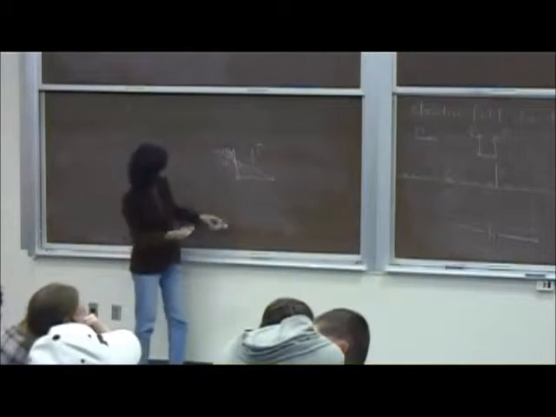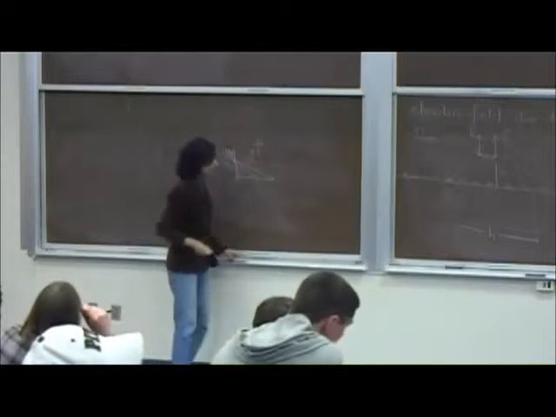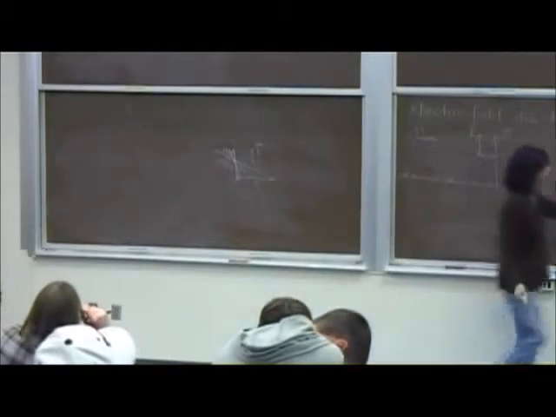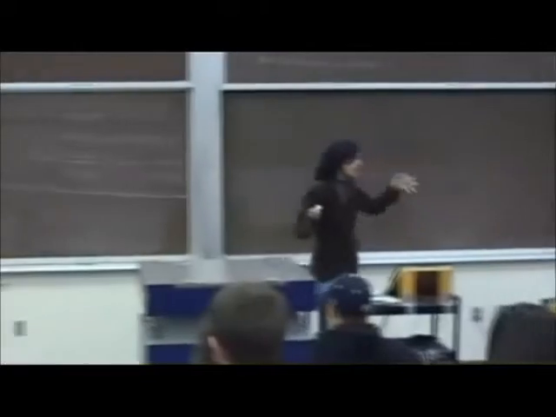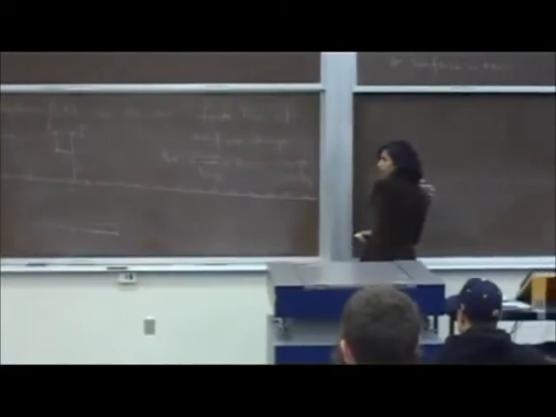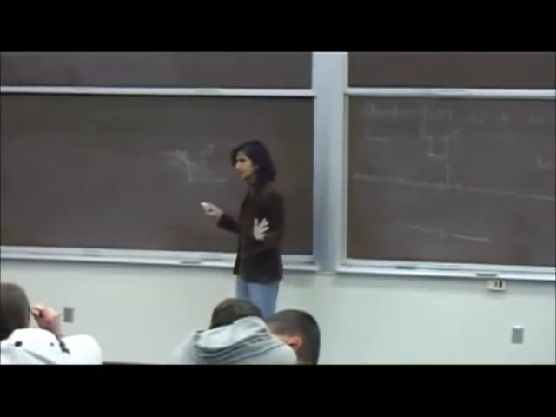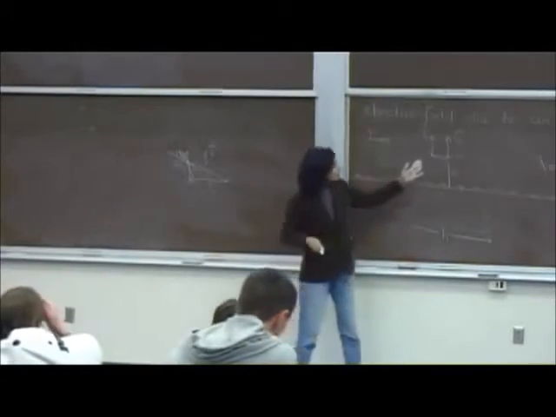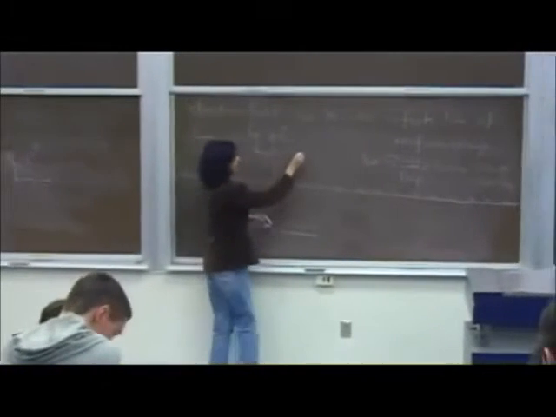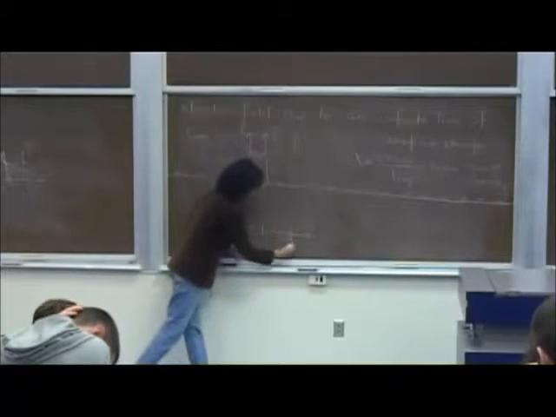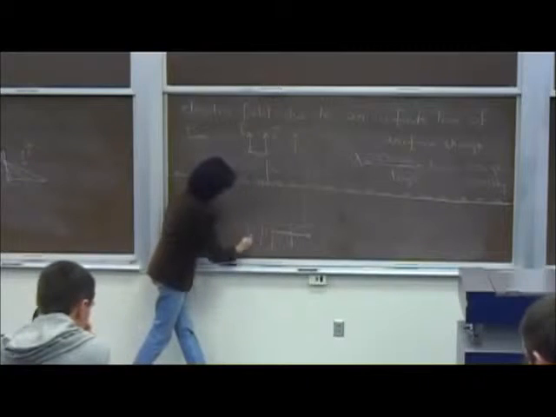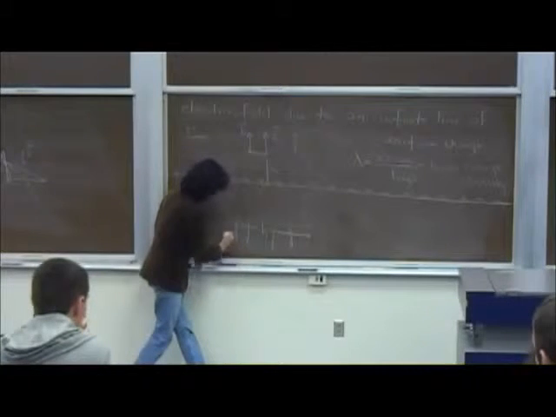But that's not what we are talking about. This is not our situation. We have an infinite line, and so for any place you consider, here or here, there are an infinite number of charges this way and that way, and so this argument holds. Does that make sense? Okay. So now that we have figured out that the electric field at every point is perpendicular to the line,